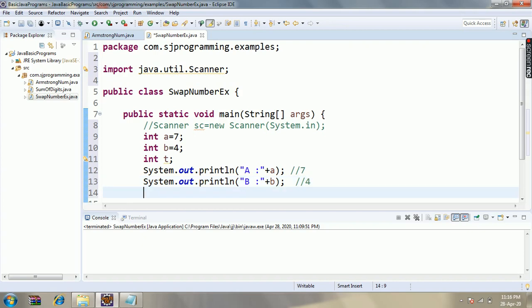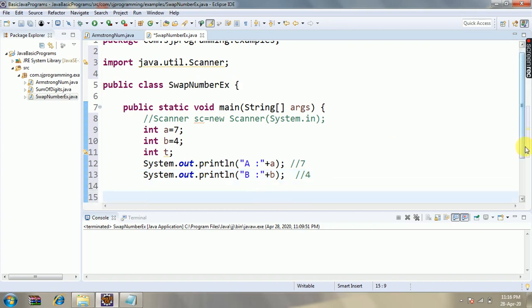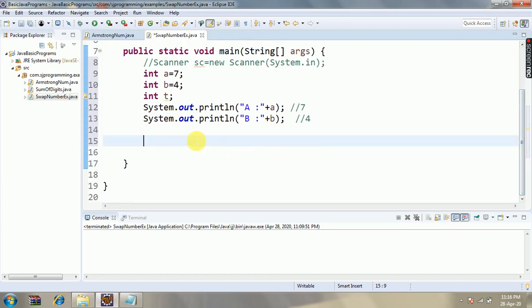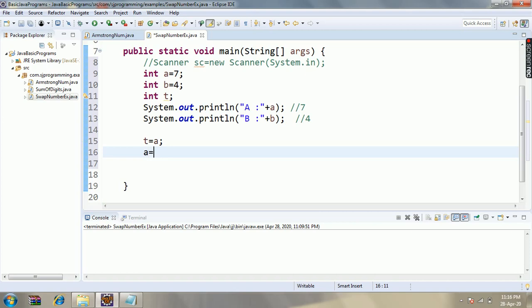Here we will write the swapping logic. We will assign the value of a to the temporary variable. So t is equal to a, then a is equal to b and b is equal to t.